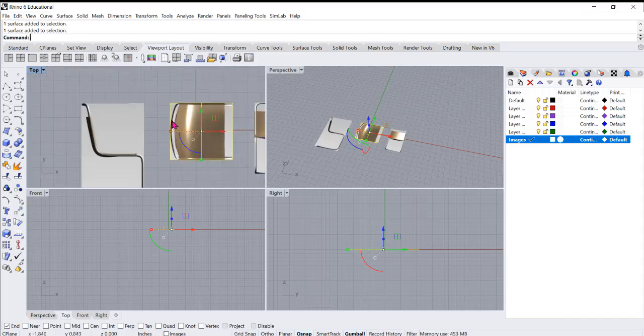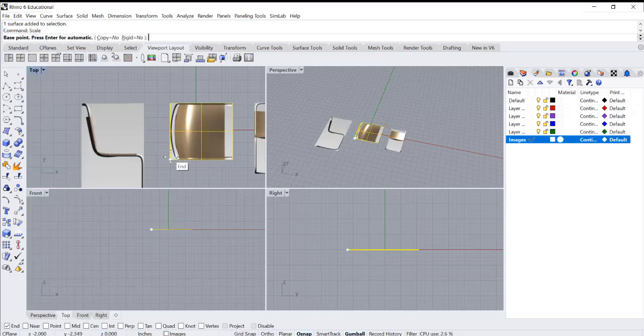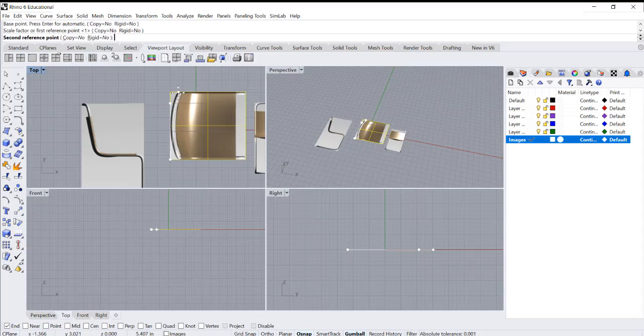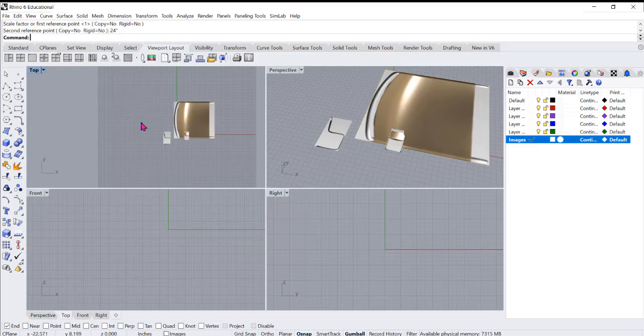So I'm gonna scale from this point to that point, and now I want that to be 24 units. The inches symbol, enter. Okay, so that one image was scaled,